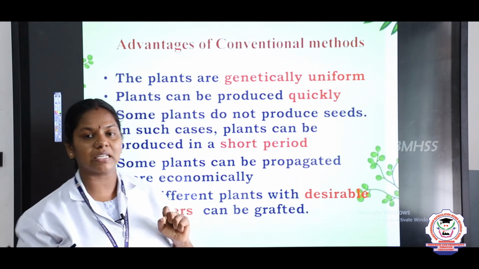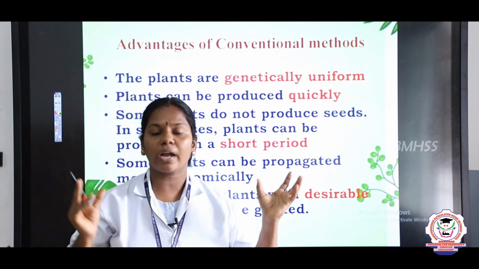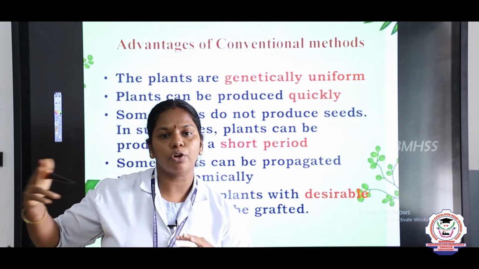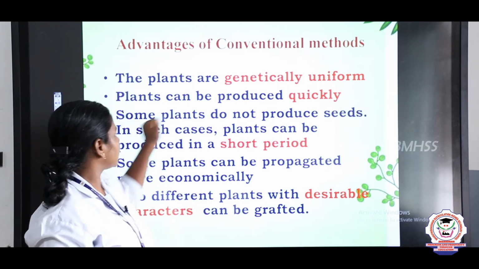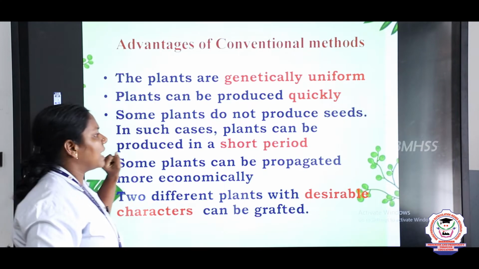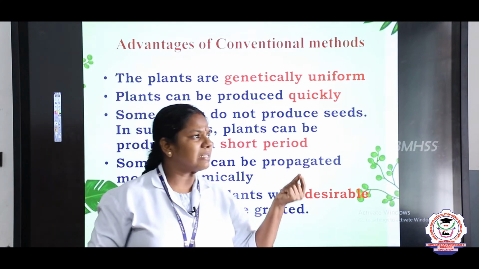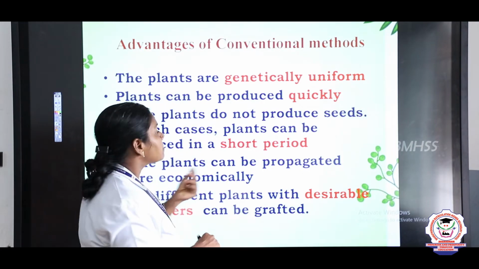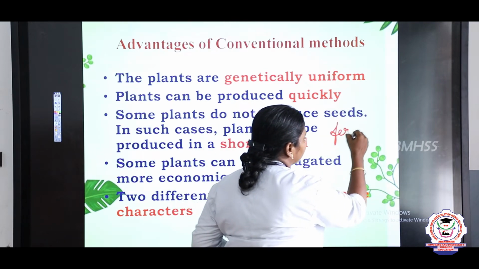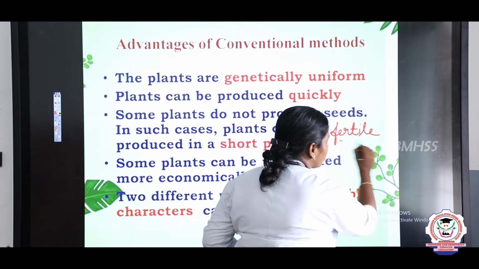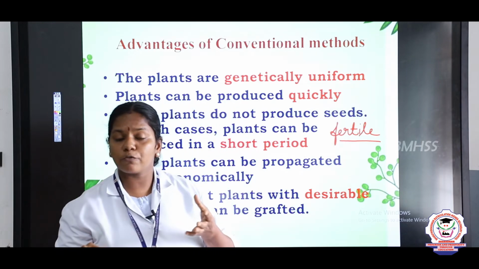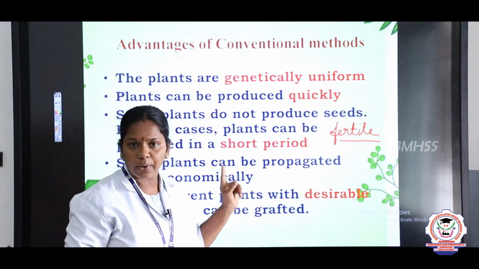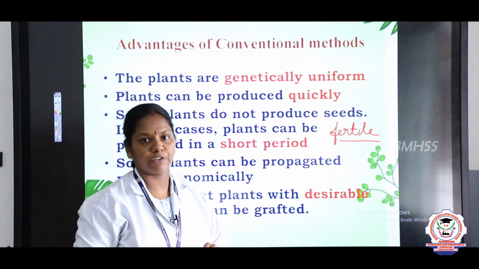and many plants can be produced quickly. Just imagine, in air layering, in a single plant, you can allow the stem to produce more roots, and at the same time you can produce many plants from that part, right? And in some plants, for example, they cannot produce seeds. Seeds are not viable. What do you mean by viable? Viable means fertile. Some plants do not produce seeds, and in some plants, the seeds are not capable of reproduction. In such plants, this air layering and grafting method is very efficient, right?